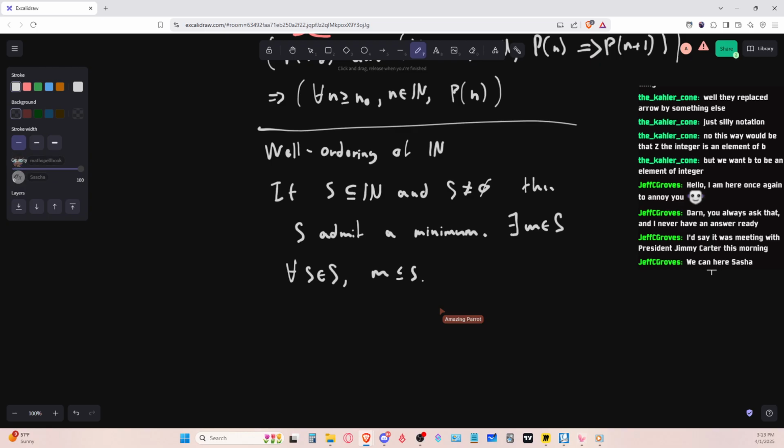All right. What's next? So this is all what the ordering theorem says. Oh, okay. So let's see. If S is a subset of the natural numbers and S is not empty, this S has a minimum, in which there exists an M in S such that for all of